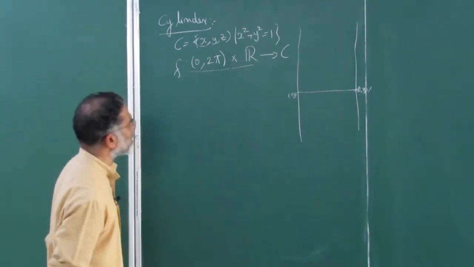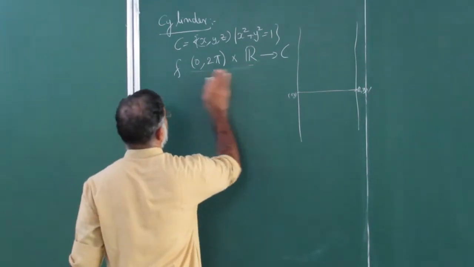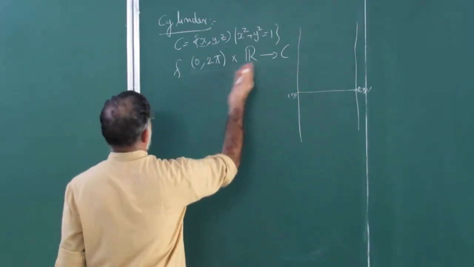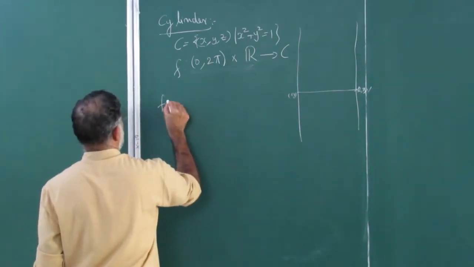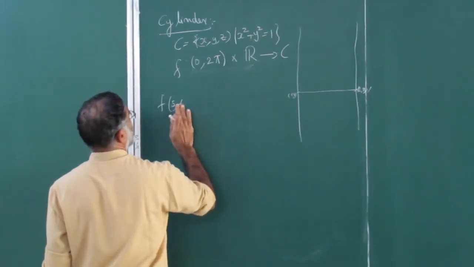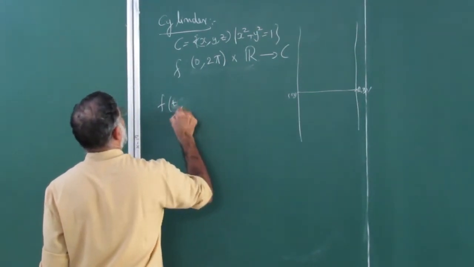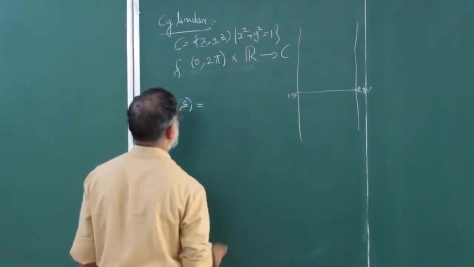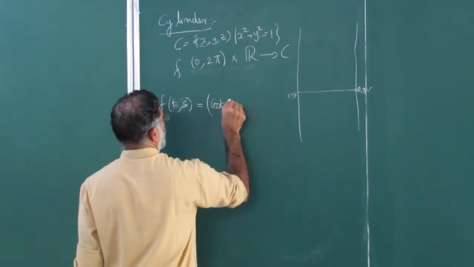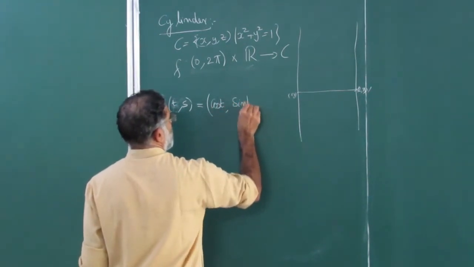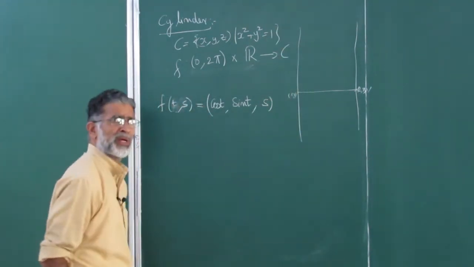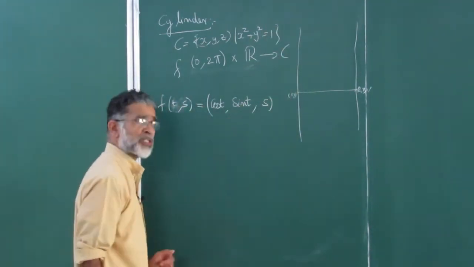And this is a beautiful thing. That's why I like to explain this example. So let's look at this. What could be the map without any issue? This is f, t comma s. So the first coordinate varies as cos t, sin t, and the second coordinate is just arbitrary, the same. Height is the same, we don't do anything. Okay, so that is the function.